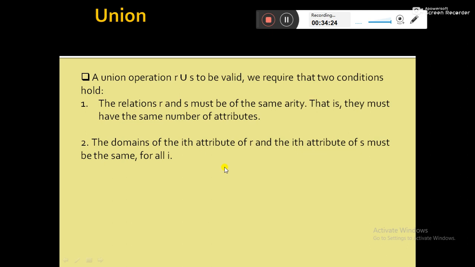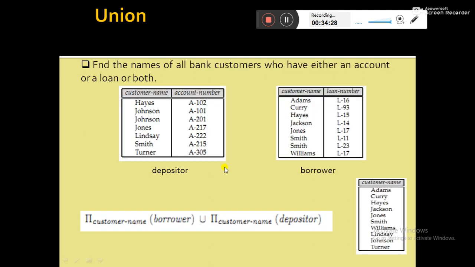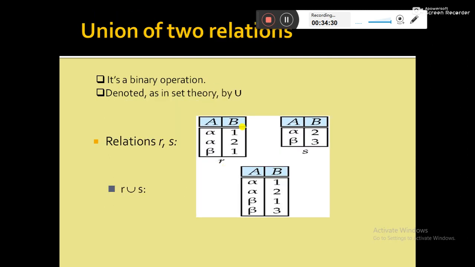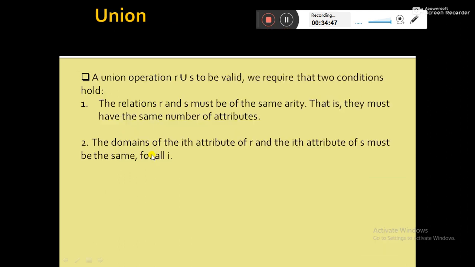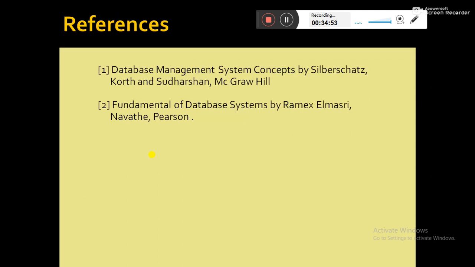For example, suppose the domain of A in R and the domain of A in S are of different types, say A is of integer type in one and string type in the other, then also R union S cannot be performed. So if these two conditions hold, then only you can do the R union S operation.